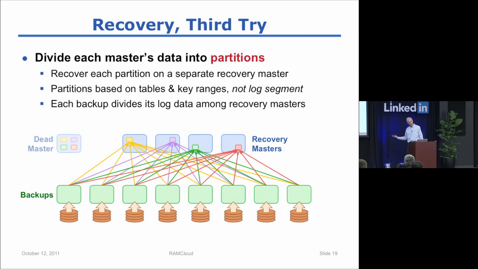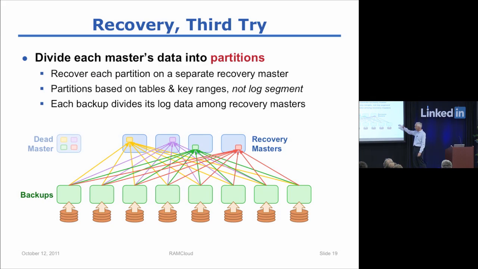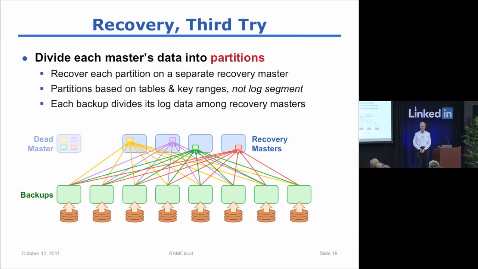So the project is young enough that we have not fully implemented that, so I can only sketch the idea. But basically, if the recovery master crashes in the middle of recovery, we have to do two things. First, the coordinator has to assign that partition to some new recovery master so that we can recover from the first dead master. And then we have to also recover from the second dead master. So we have to start another whole recovery with another set of recovery masters for that.